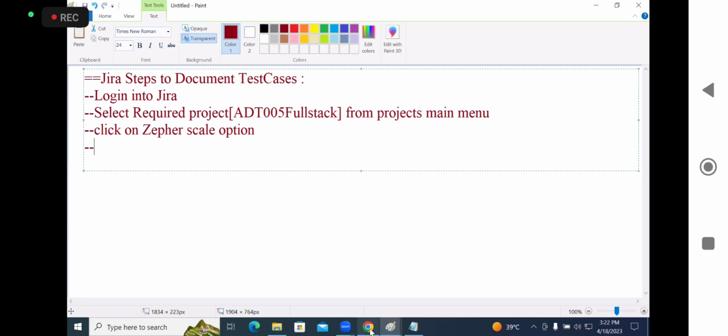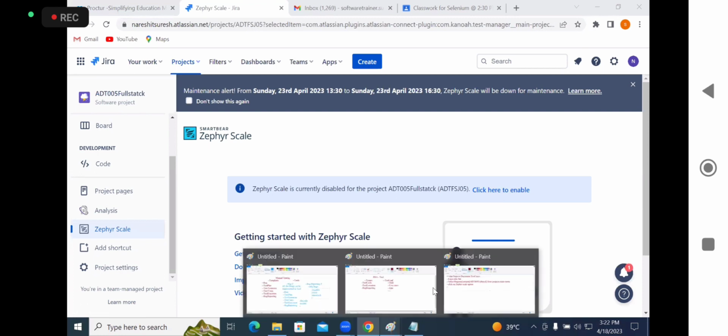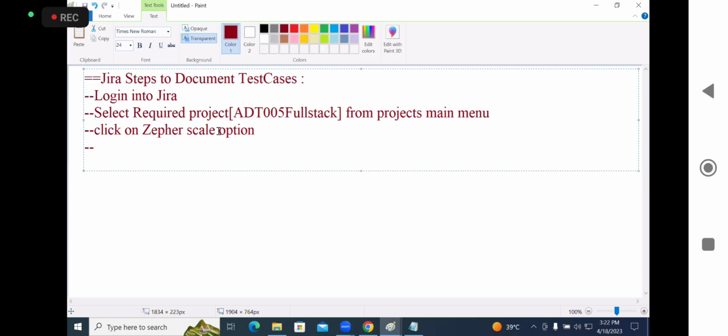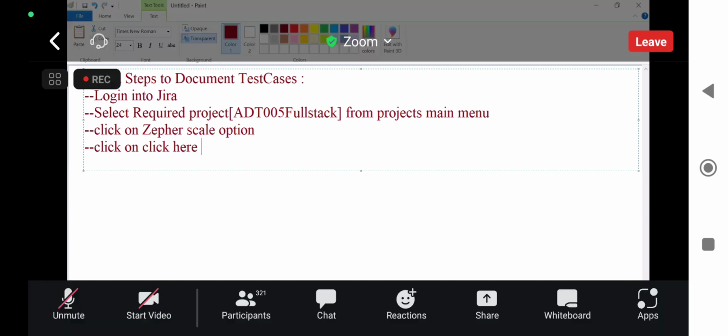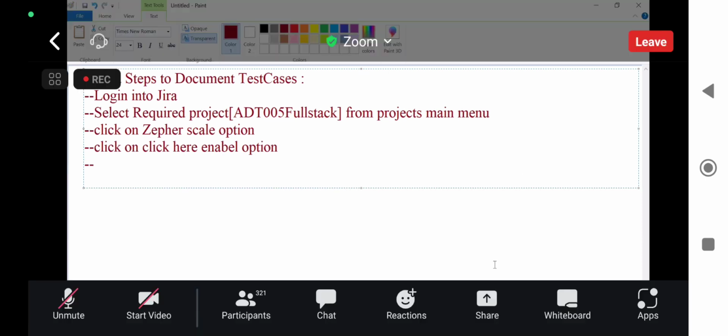After that, once you click on Zypher scale option, you need to use the option Click here to enable. Use the option that you will be taking. Click here to enable. Now you can see it here. And once you click on it,